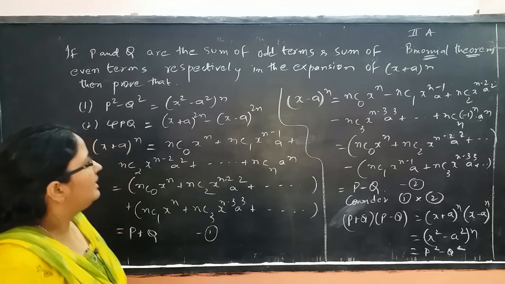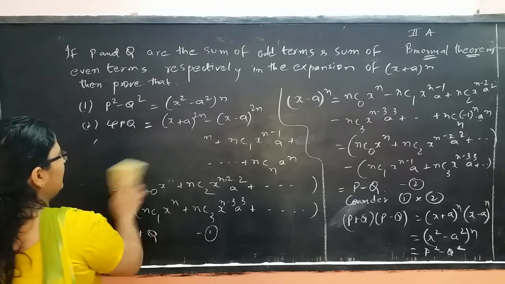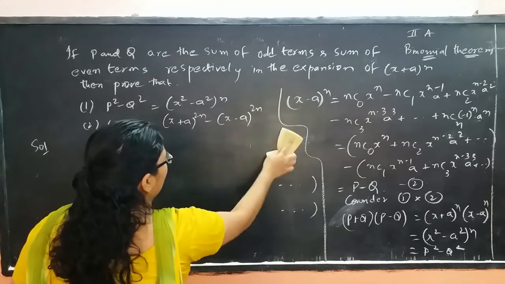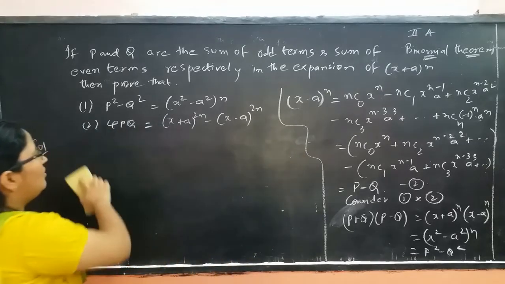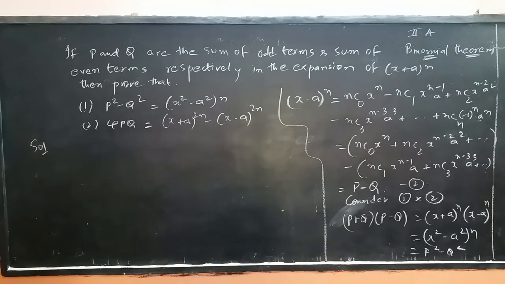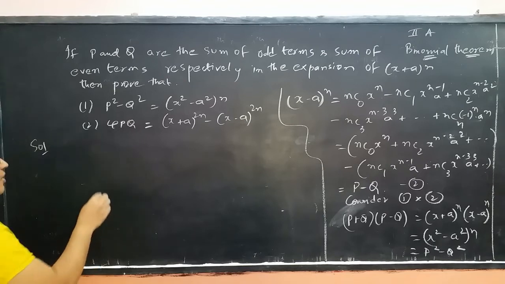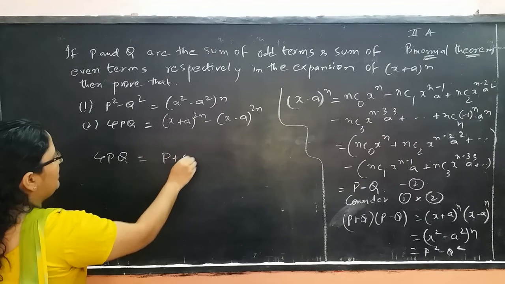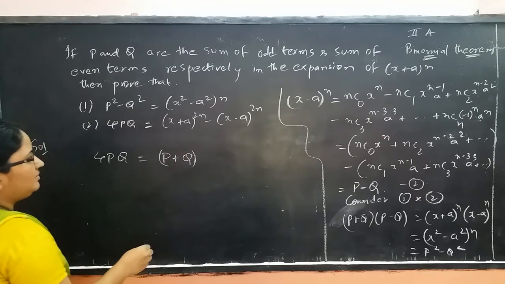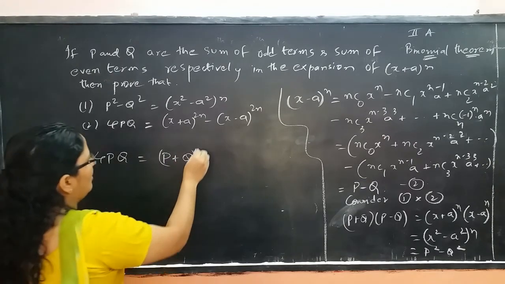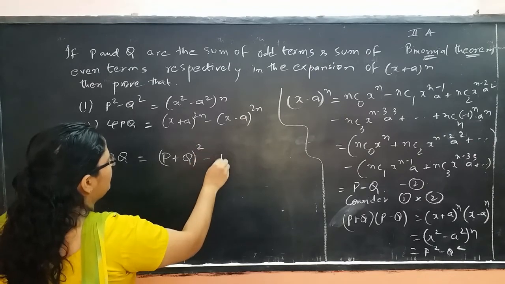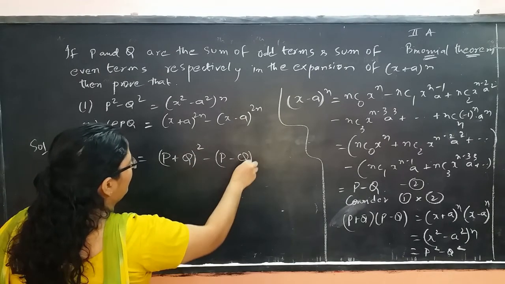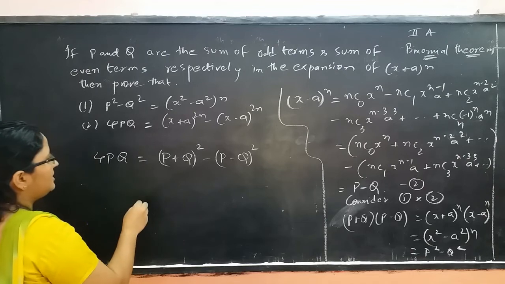You have the next proof. You have 4pq equal to (x + a)^2n − (x − a)^2n. This is what you have to prove. 4pq can be written as (p + q)² − (p − q)². So this is nothing but